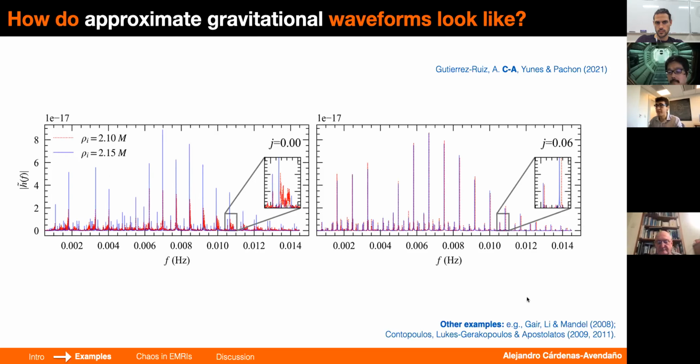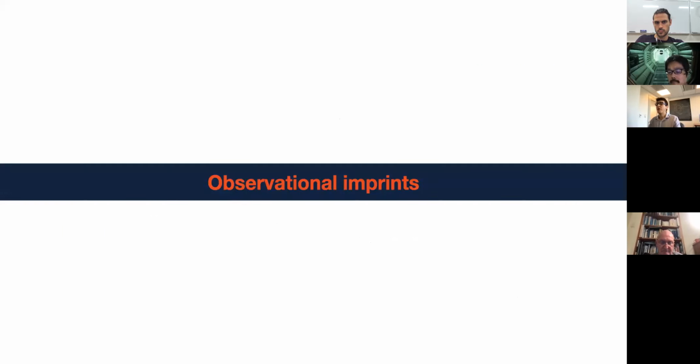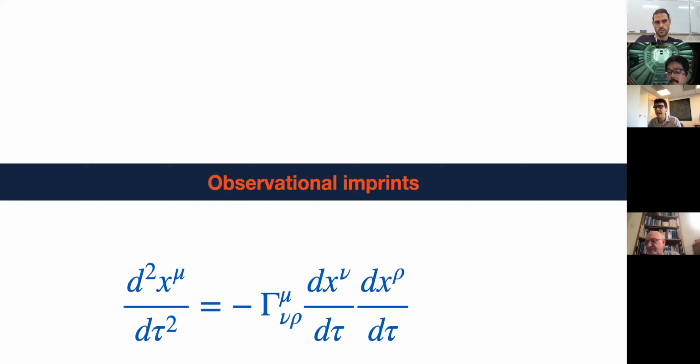You can see other examples. It has been shown many years ago in Manko-Novikov solutions, in particular in these two very nice papers. They also show this multi-frequency will appear. Okay, so the question is, all these effects are too theoretical. Should we care about them? Are they going to be observable? So let me discuss this now.